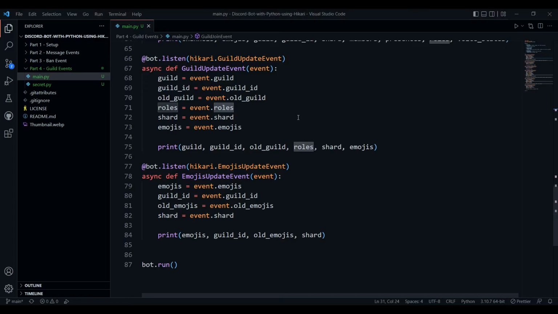Next thing, we have a shard that is common for all our events. So what does shard do? Shard obviously tells us the instance of our bot that is in a particular server. And last but not the least, we'll get the list of emojis. Every time we are updating our emojis, we'll get a complete list of all the emojis that are in that server. It will also be in the form of a dictionary,